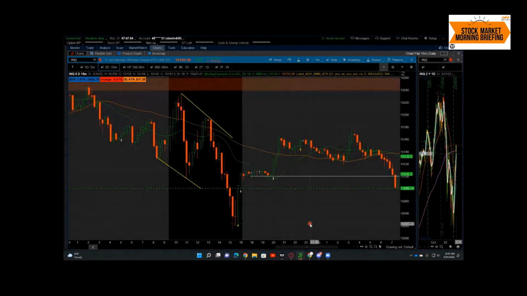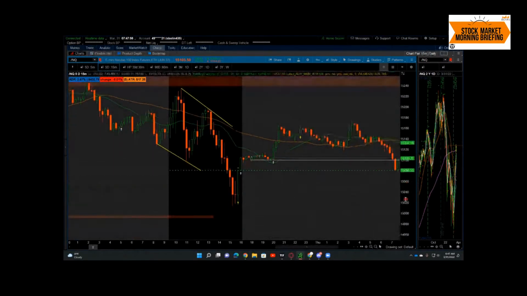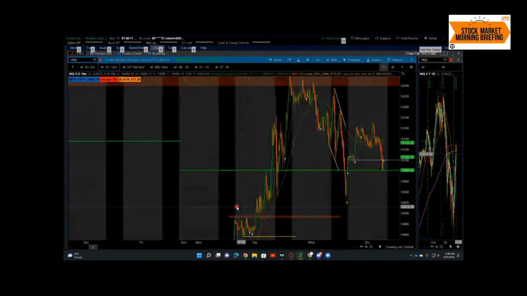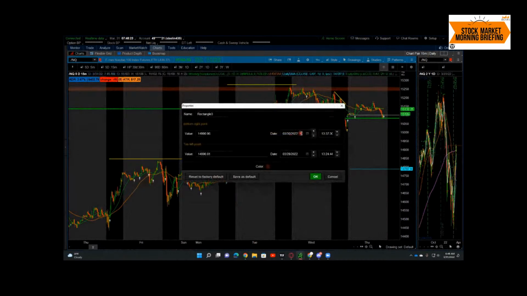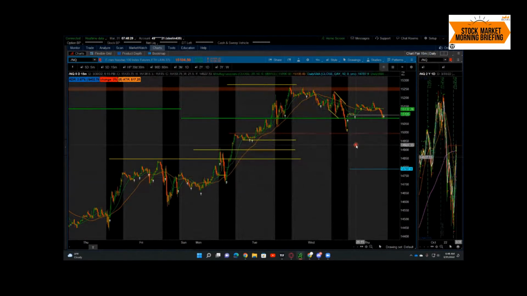We're talking about the roundy, 15,000. You could try to dial that in and get it to an exact spot, which would be somewhere around 15,012. If we happen to breach that with conviction, then we'll start dealing with Monday at that point, because there really is no Tuesday that would interfere with this, and it'd be those Monday levels. So big round number 15,000. If we happen to get through that, it's another 100 points down,